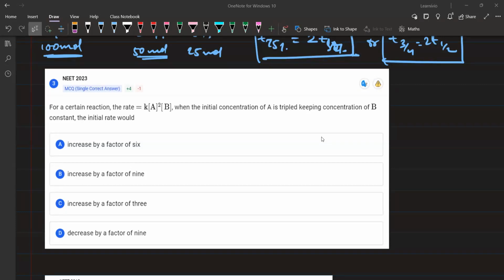Very good. See, in this case, Alia, very easily you can do it like this. R2 is equal to